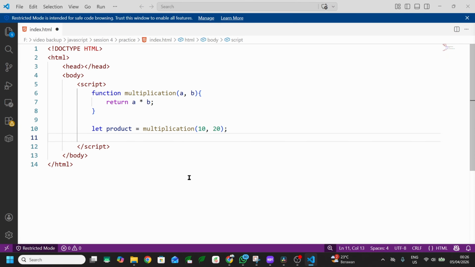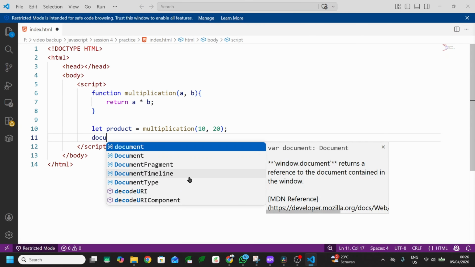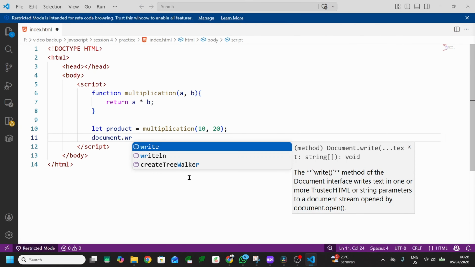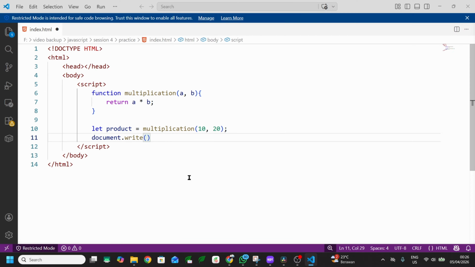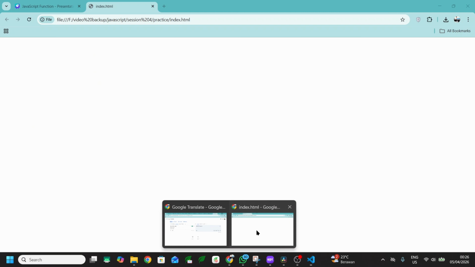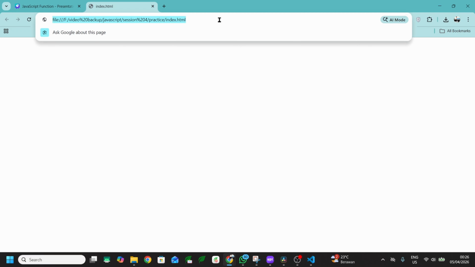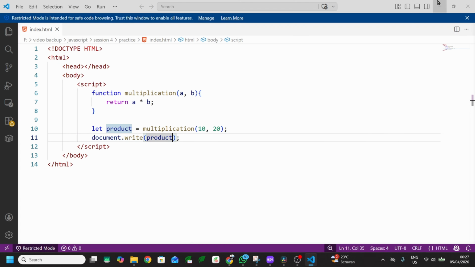If you want to check the output, you can use document.write followed by the name of the variable. And let's refresh our HTML and we will get the result, the number 200.